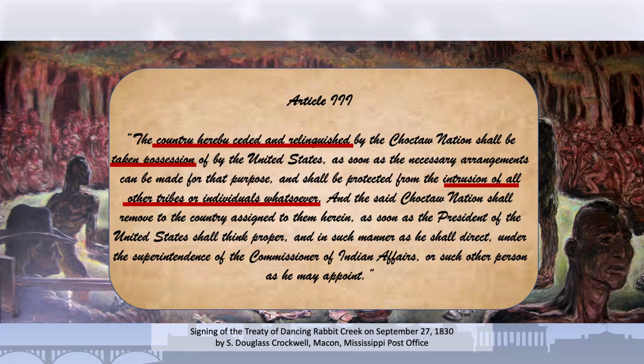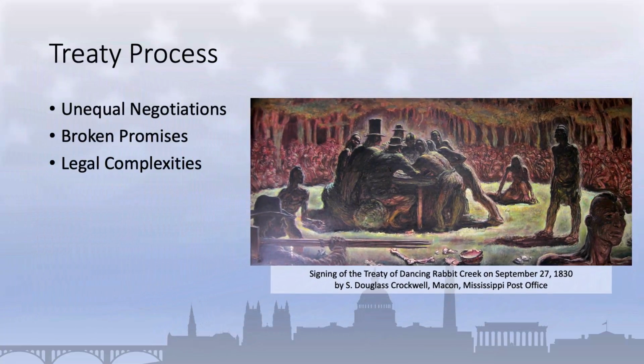Nevertheless, as a result of these treaties, indigenous peoples were often forced to cede their land to colonizers, and in many cases, indigenous nations faced the threat of military force or starvation if they did not agree to cede their lands. One of the most dramatic examples of this process was the Indian Removal Act of 1830, which provided the legal pretext for the forced removal of indigenous peoples, authorizing the U.S. government to negotiate treaties with indigenous nations for the dispossession of their lands.